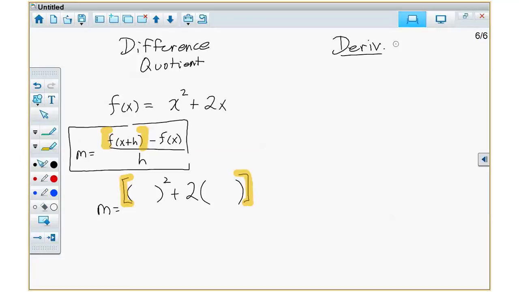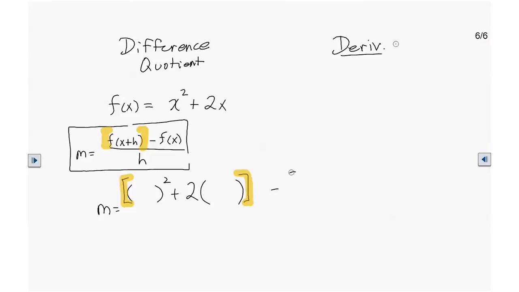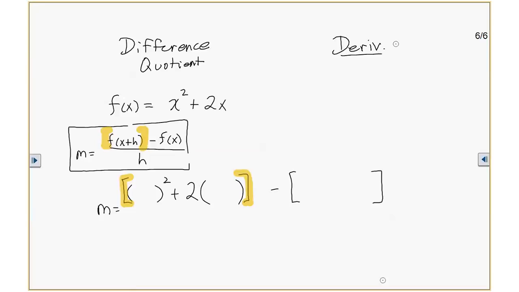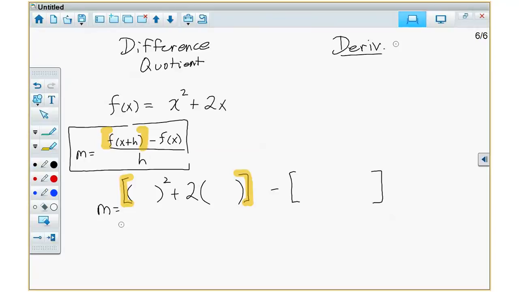Then I'm going to minus, you put brackets here too. And what goes in those brackets? f of x. What is f of x? x squared plus 2x, all over